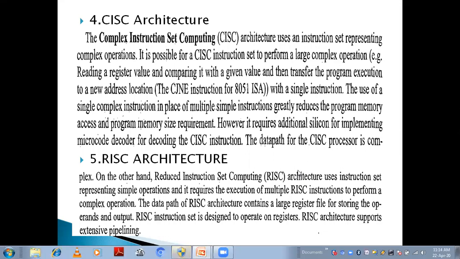We can write very optimized code in case of RISC architecture to consume less memory. So usually RISC architecture is used in embedded systems, because embedded systems mainly are going to face a problem of shortage of memory and shortage of power. Therefore, power saving modes will be provided in the RISC architecture, and they operate with very little memory. Usually, embedded systems will be operated for very small operations. Therefore, RISC architecture is used in embedded systems.